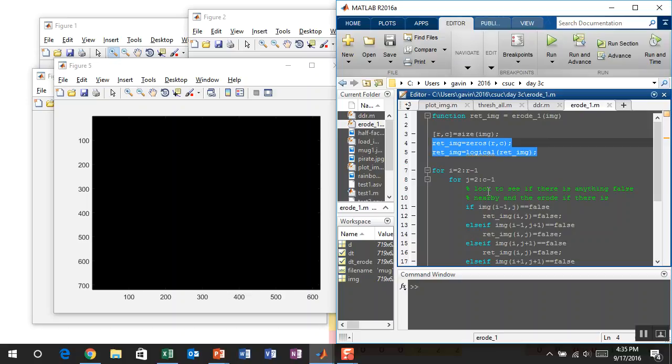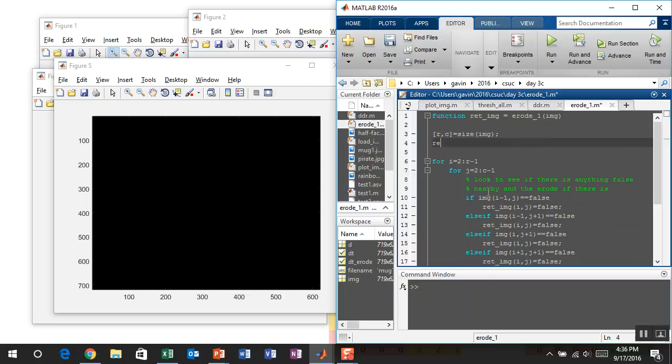So we should actually start with return image being equal to the image. Actually, we don't even have to worry about that. As long as we have it starting as the real image,